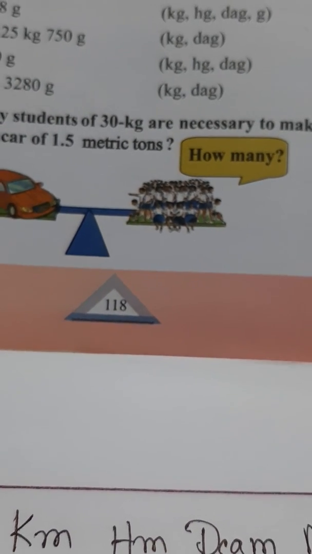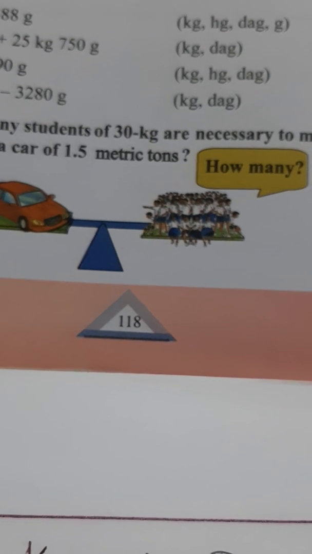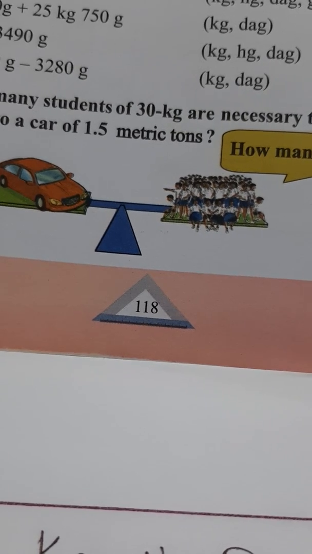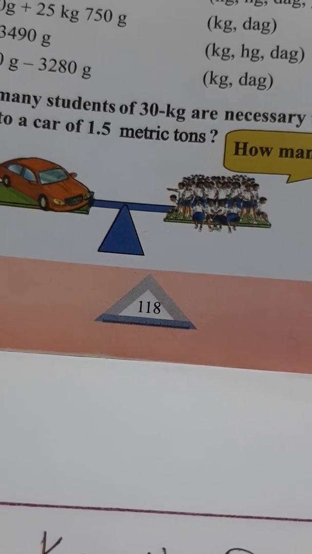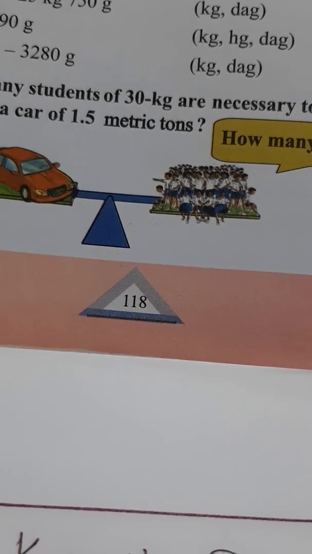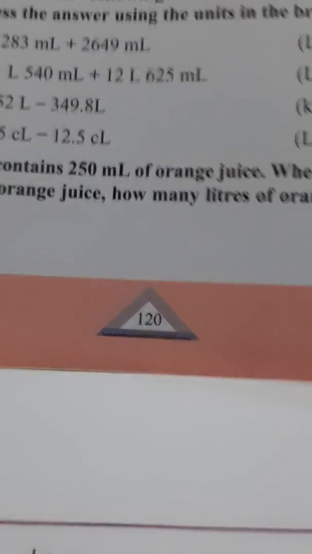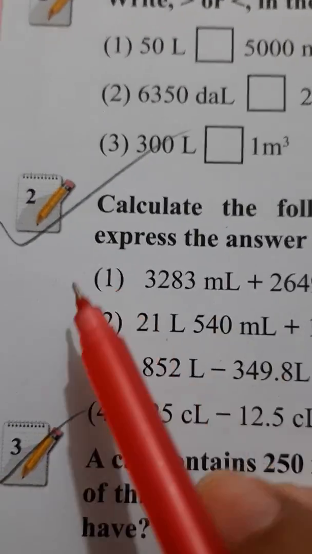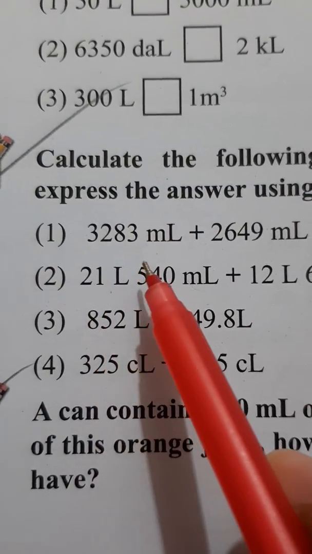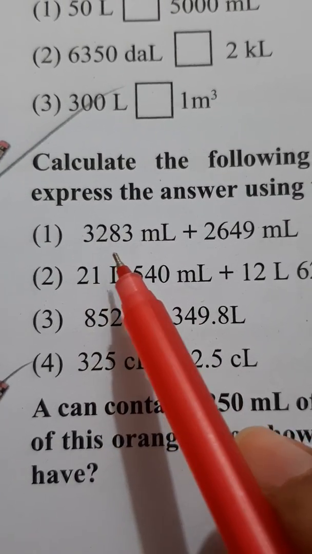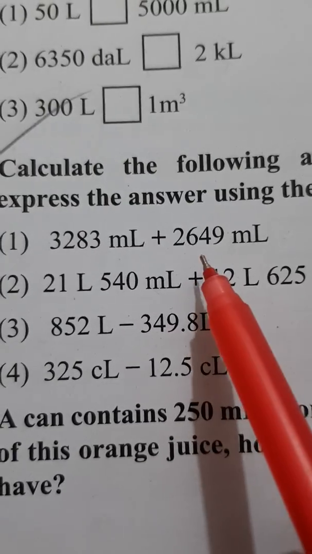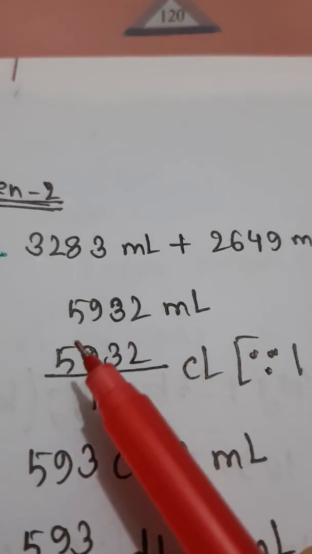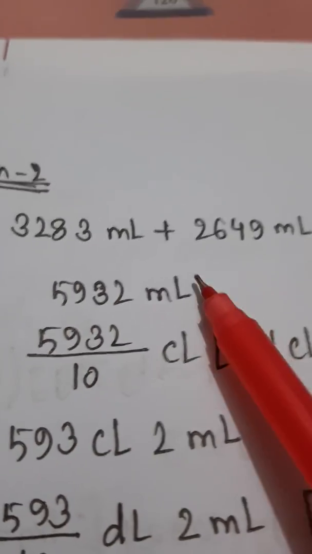Next, we solve page number 120, question 2. Calculate the following numbers. 3280 milliliters plus 3649 milliliters. At first we add these two numbers. We get 5932 milliliters. Express